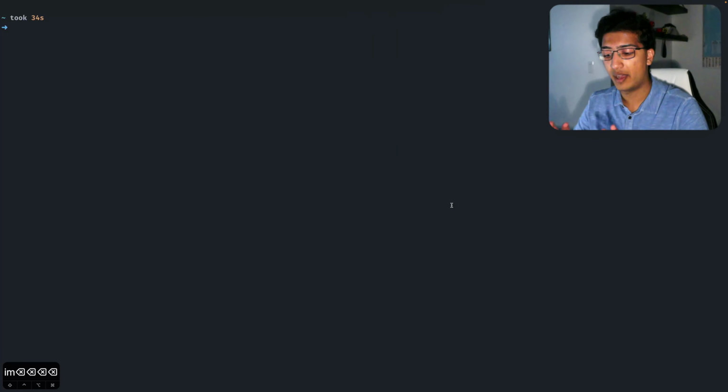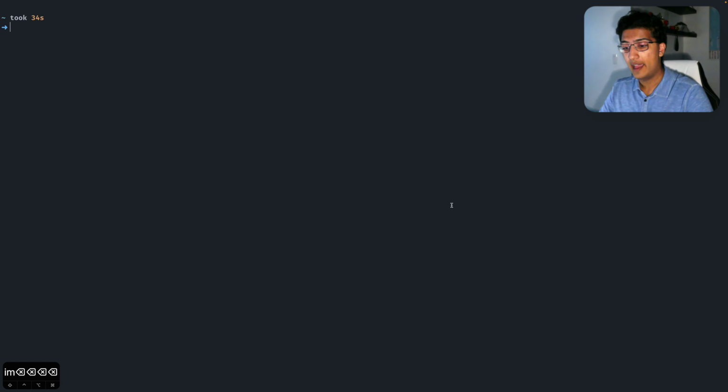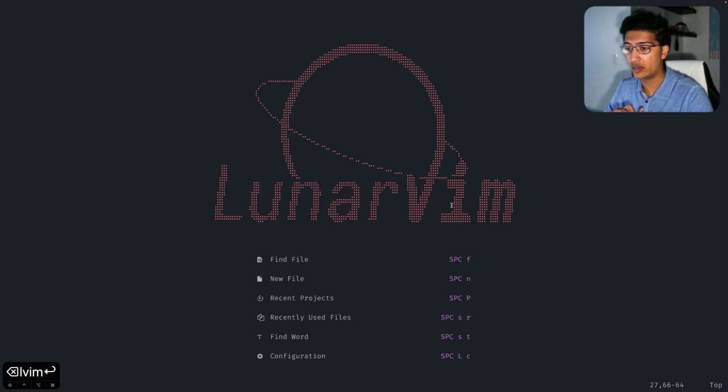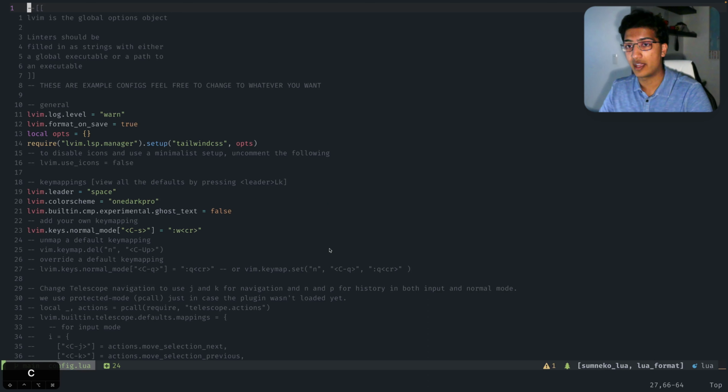So right here, I've installed LunarVim already, and there are specific LunarVim install instructions for your specific system, and you can check that out by going to lunarvim.org, the documentation site, which is very well made. It starts you off with a Startify plugin like system, and basically it gives you a few keyboard shortcuts to get started with. And basically we can edit all kinds of features here, set up our LSP, set up our